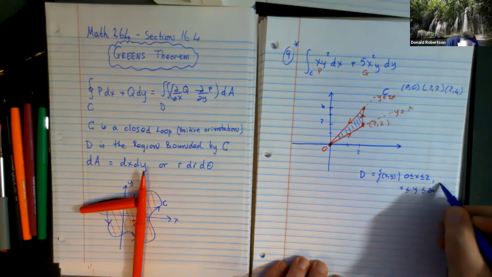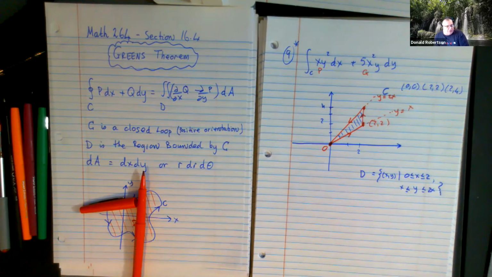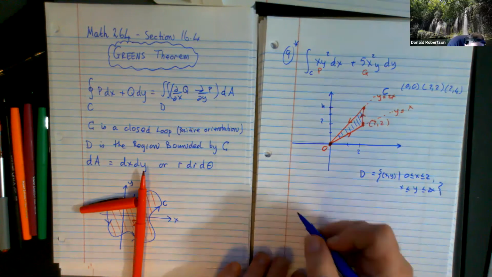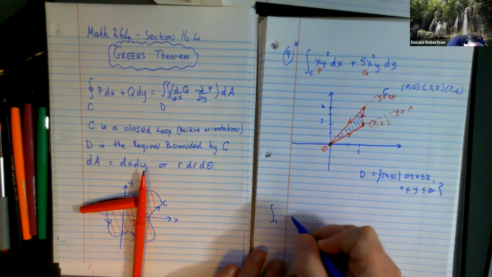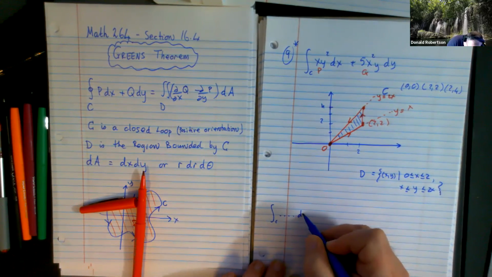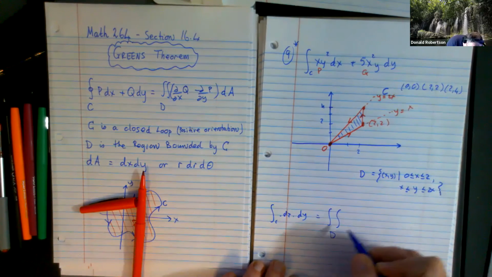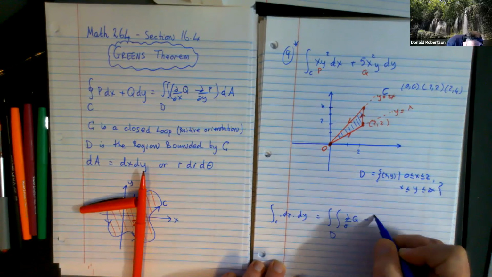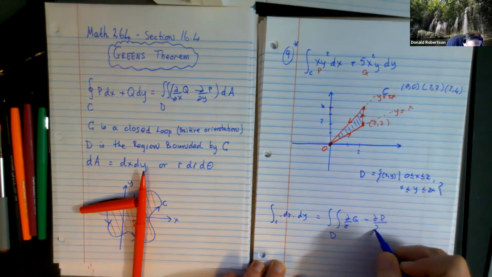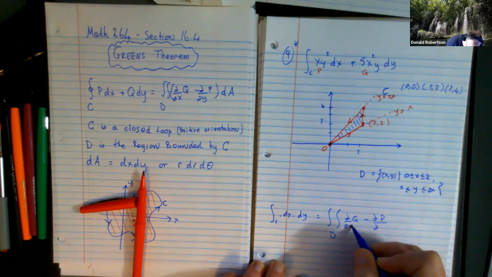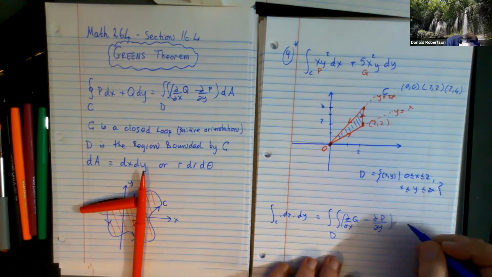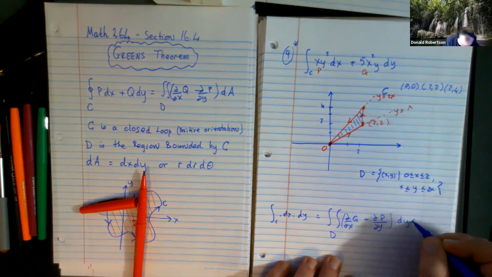are you now happy about how I described the region D in terms of x and y, which is kind of what you have to do with triangles? Polar's not going to help with a triangle, it never has. Well, we got it all set up. The original integral, which I'm just going to call that, it's going to be the double integral over D, this fella,